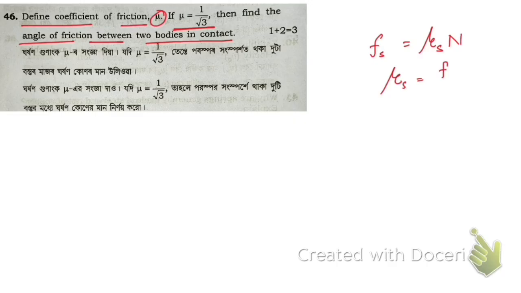So next question is, define coefficient of friction mu, and if the coefficient of friction is 1 by root 3, then find the angle of friction between the two bodies in contact, right? So what is the definition? So we know that friction is equal to coefficient of friction into N. So which means coefficient of friction is the ratio of friction and normal, right? So that's why we can write the definition this way, that the coefficient of friction,